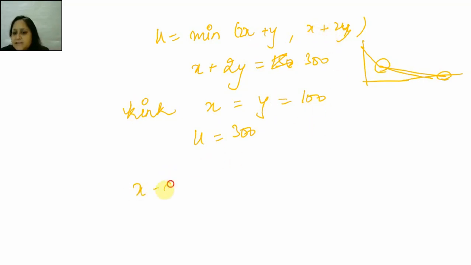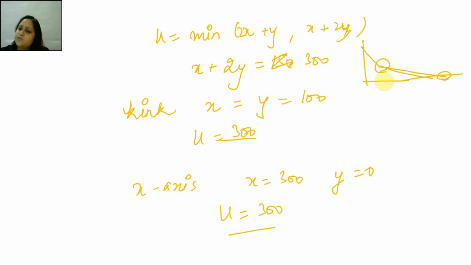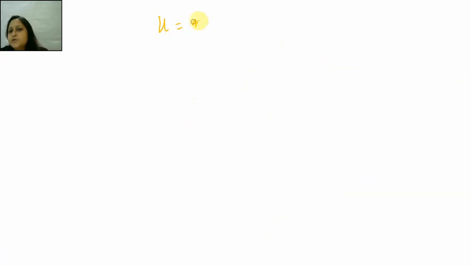And if he consumes on the x-axis, then he consumes x equal to 300 and y equal to 0. Then also his utility would be 300. This 300 and 300 is the same, which means this is correct. He is indeed indifferent. The last case then, u is equal to minimum of